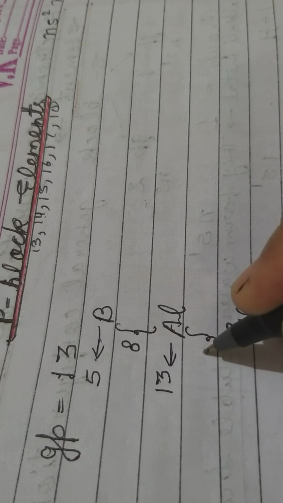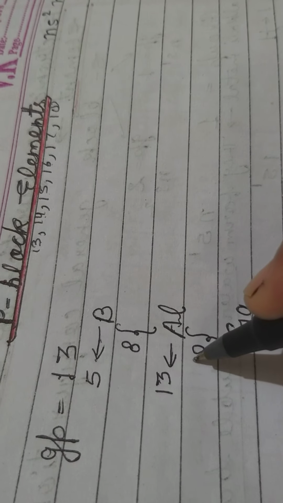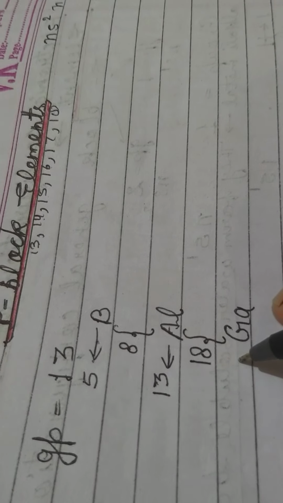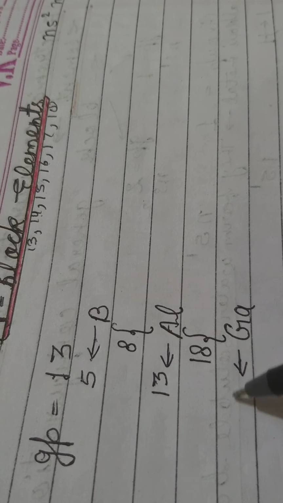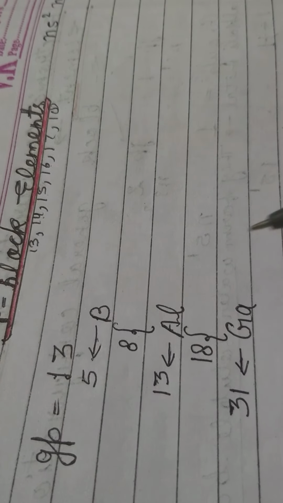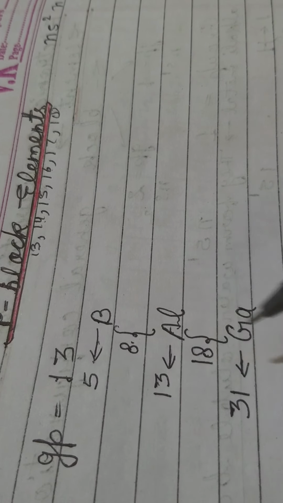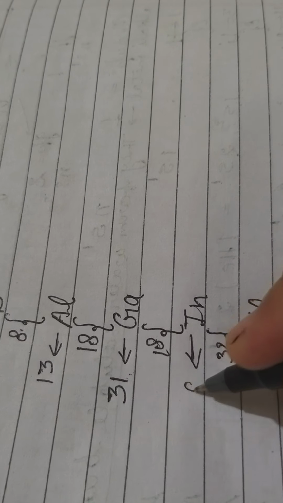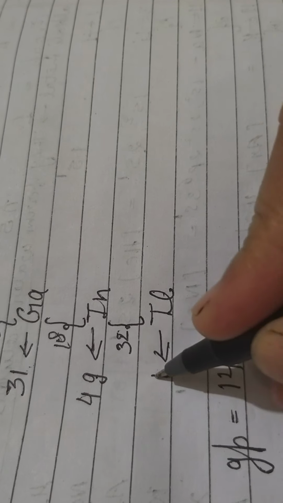And after that again, not 8 is to be added, 18 is to be added. Here I will tell you the reason behind this. So that we will get the atomic number of gallium, which is 31. So the pattern which we have to follow is 8, 18, 18, now again 18 is to be added, and after that 32 is to be added to get the atomic number for this. If you add 8 plus 1, 9, and 3 plus 1, you will get 4. And this is 9, 10, 11, 4, 5, 6, 7 and 81 you are getting.